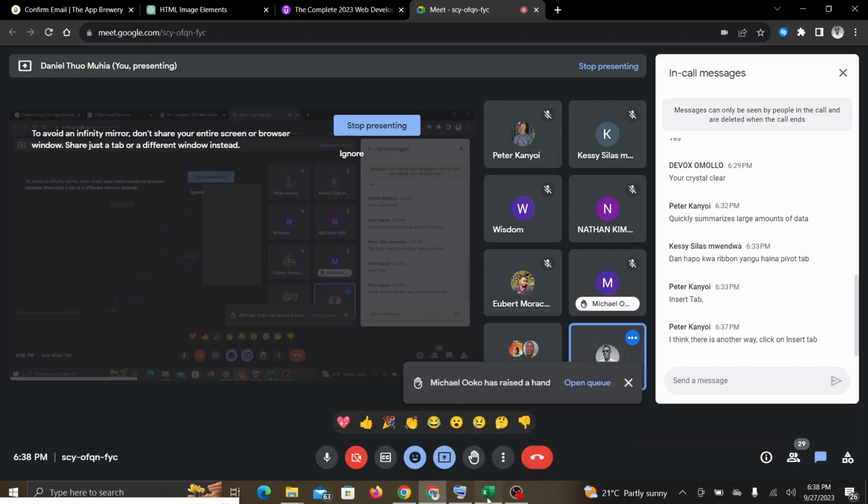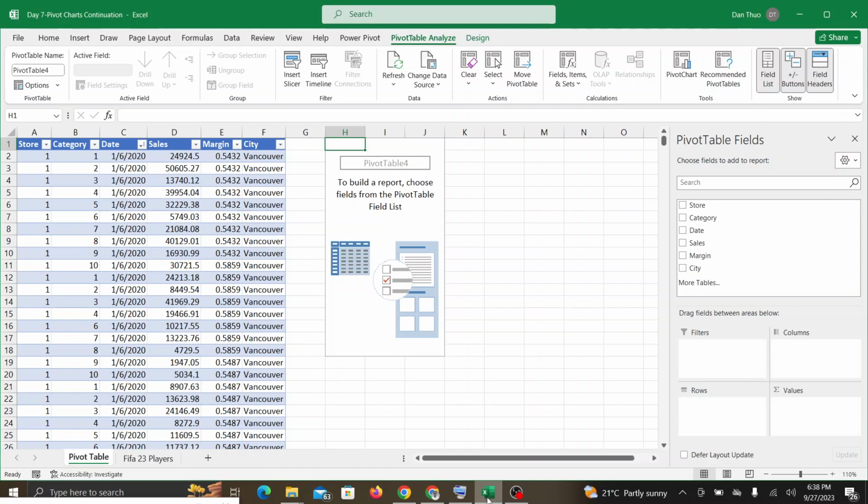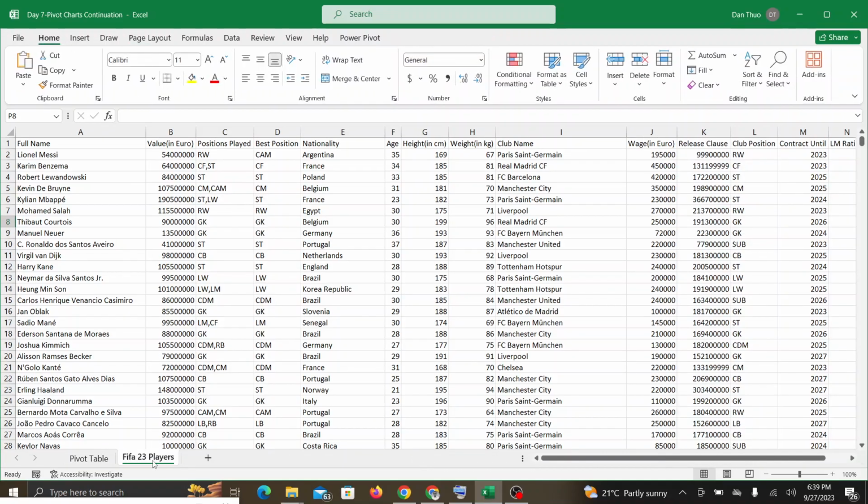Michael, ask a question. I have a question. What if you just, in a table here, go to the Insert tab, then to the far left there's a pivot table. Have you tried that method yourself? Yes. And has it worked? Yes. Yes, it is another method that I also wanted us to discuss using this sheet here, named FIFA 23